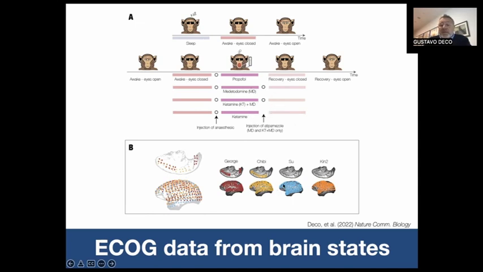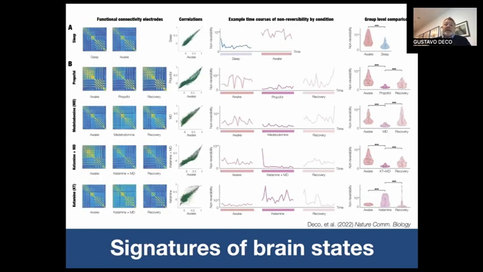So they are beautiful data. It's a different type of brain signal. Now it's not BOLD, it's an electrical signal, and then we will see the results. Basically, this is the main figure reflecting the main conclusions. First observation, if we try to separate the different conditions, you see here, sleep or the different anesthetics, so sleep against awake or awake against propofol and recovery, just with the functional connectivity, just with the normal correlation, we don't see a clear separation. And this is reflected here just in the form of the matrix,